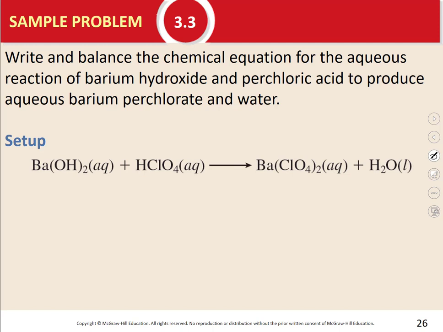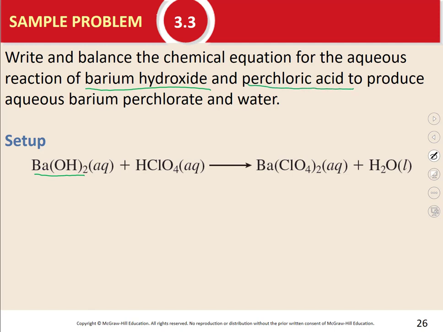Now, in this question, we already have the setup for what the compounds are just to save time today, but as you would be given this on a homework or test question, likely you would only see this top paragraph here, which says to write out the equation, and it gives you the names of the compounds, which means you have to remember from chapter 2 how to go from the name to the formula. So in this case, we're told, write and balance the chemical equation for the aqueous, so our state of matter is AQ, reaction of barium hydroxide, so barium hydroxide is Ba(OH)2, and there's 2 hydroxides to cancel out the charge of 2 plus on barium, and